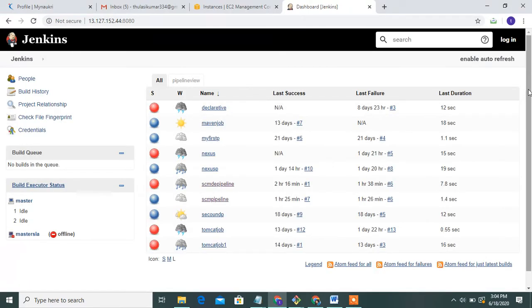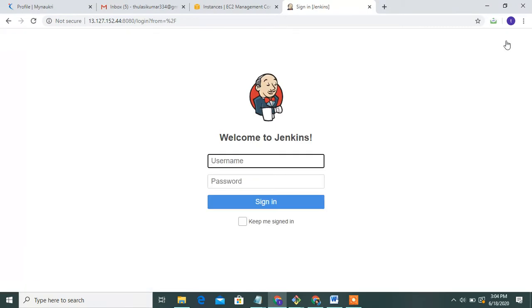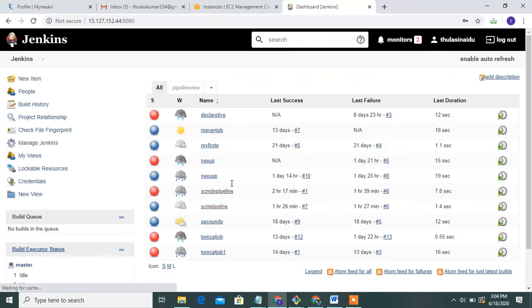Run the Jenkins server and open the Jenkins dashboard. First of all, log in to my Jenkins. Yes, successfully logged in to Jenkins.